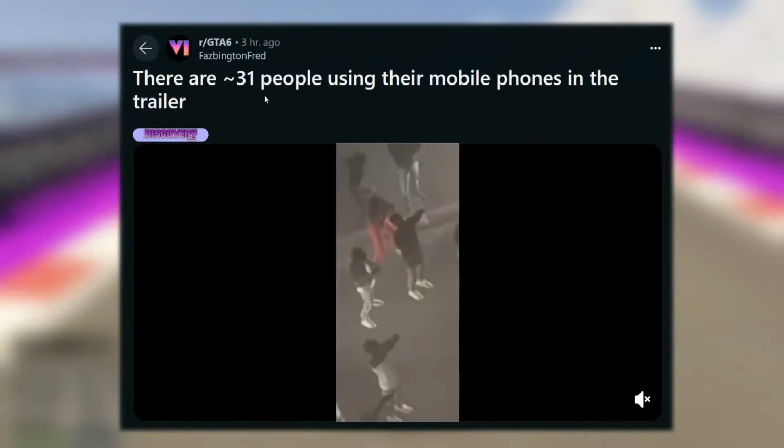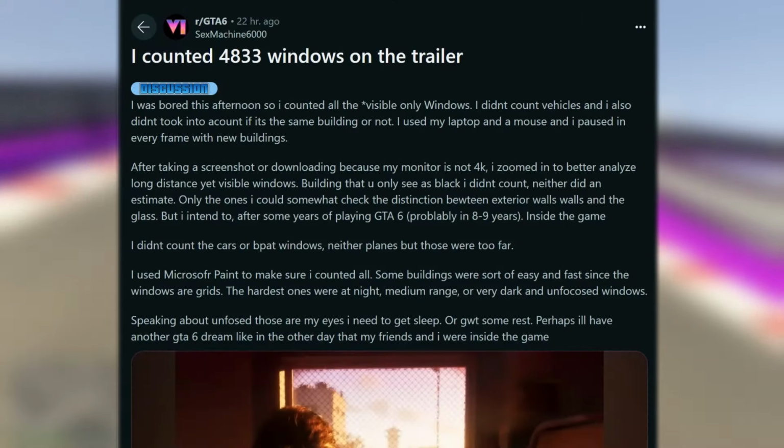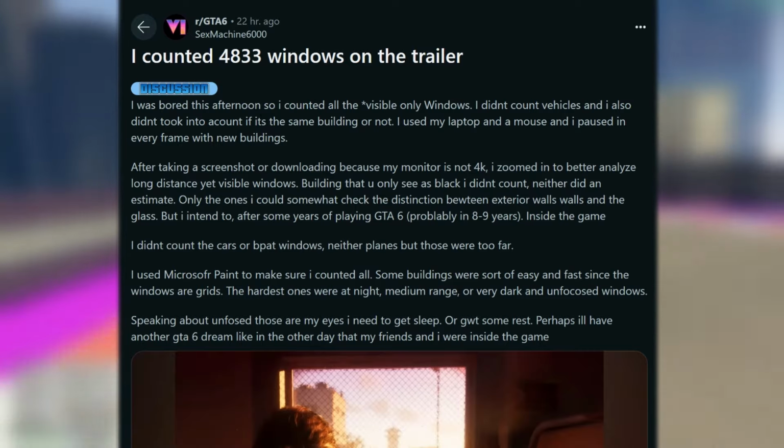There are 31 people using their mobile phones in the trailer, and this is how bored people already are. And that's why most people ask me why I'm not recording any more videos like I used to do every day. There's literally nothing to talk about. There's no new news, there's nothing that we could talk about. And on Reddit you could basically see people getting bored and they are just counting how many people have mobile phones. The next one we go to is someone counted windows in the trailer,